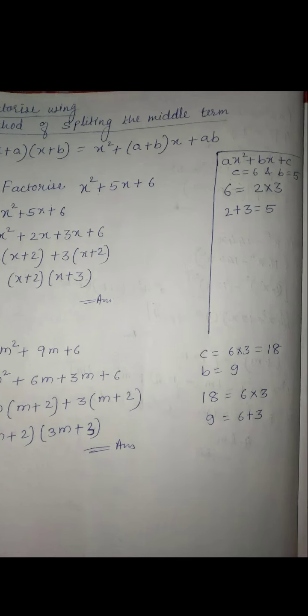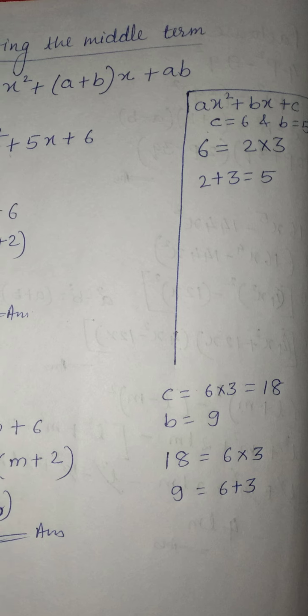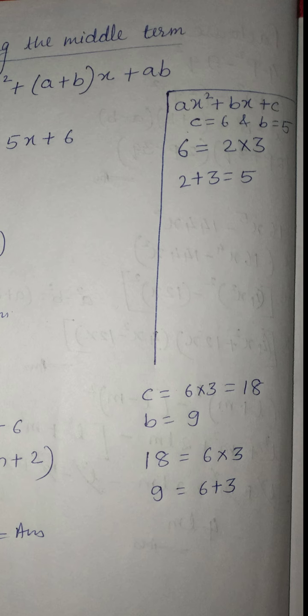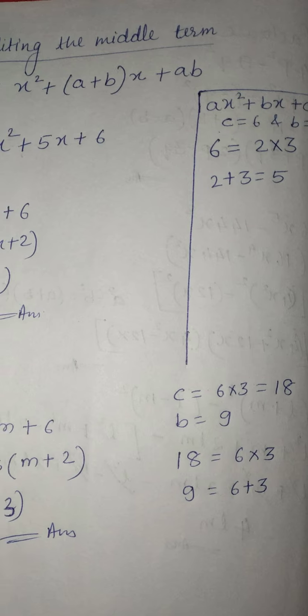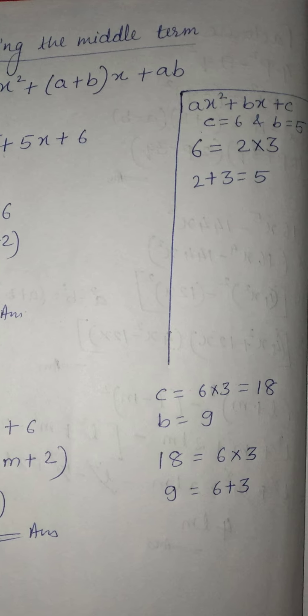Now, first you try to understand. This is the general expression or general polynomial, that is ax square plus bx plus c. The expression will be in this form, having three terms. I told you also in identities, there were expressions having three terms. But how will you identify whether to use the method of splitting the middle term or the method of identities? Now this is the general expression. You can see it with an example.